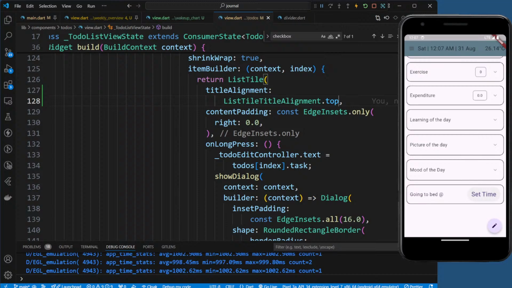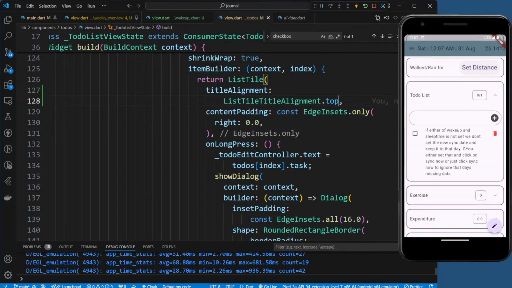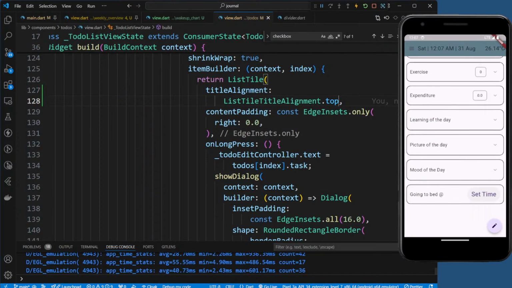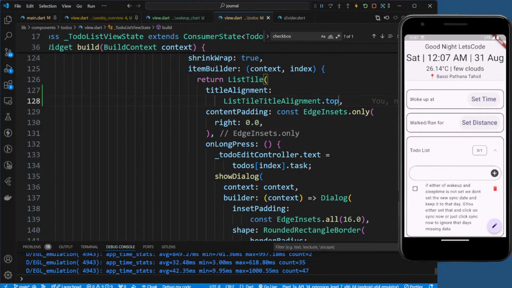So what we'll do is, until you update the wake up time and sleep time, we don't change your current date. We will give you a warning, there is no doubt in that. We'll give you a warning saying this is for that particular date. If you want it for the current date, that is today's date, sync, update only the sleep time and do all other things for